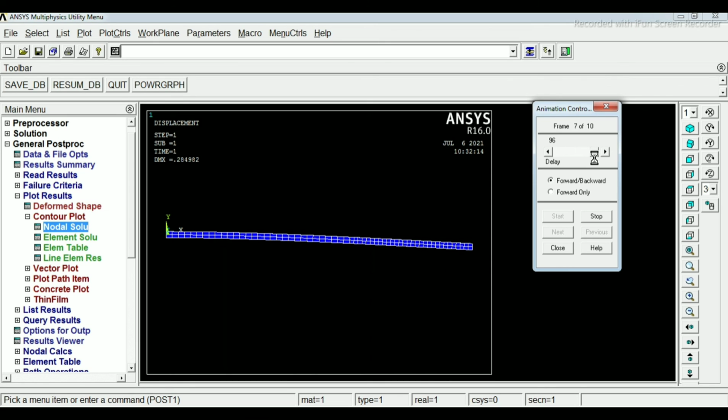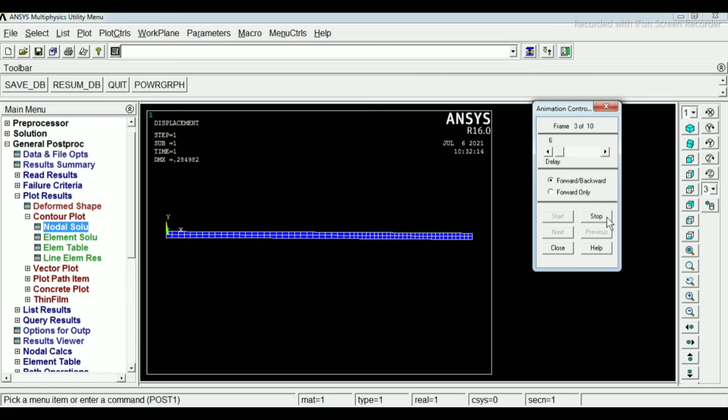You will see that the deformation happens slowly. If you go back again, the deformation occurs at a faster rate.